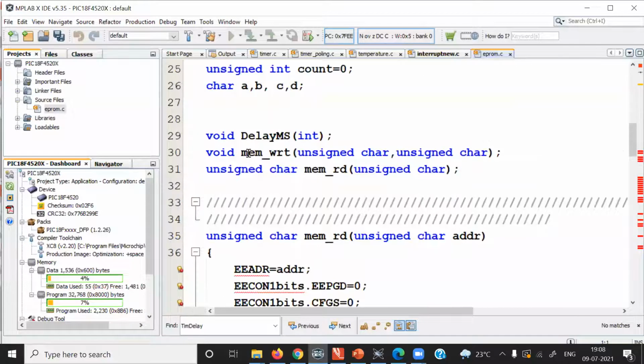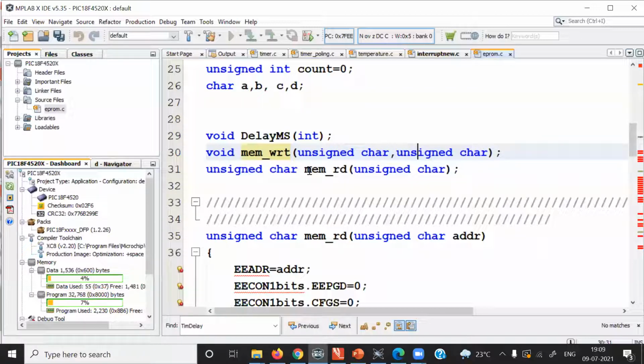I have written two functions, memory write and memory read. These are user defined functions. The memory write function is not returning any value, so the return type is void, and two arguments are passed. The first argument is the address of the EEPROM location for the write operation, and the second parameter is the data to be written to the EEPROM location. So two parameters we are passing to this memory write function, address and data.